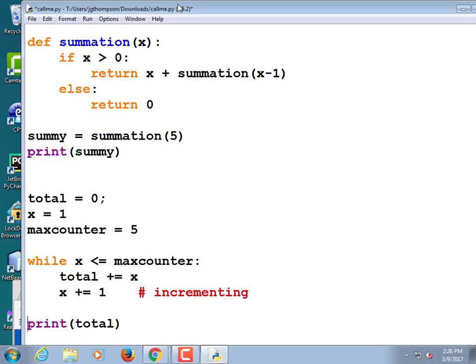Runs up here, passes 0 in as x. Is x greater than 0? Nope, finally. So we return 0. And then it starts trickling back. This 0 replaces that because it was returned. What's 1 plus 0? 1. All right. That return value replaces that. What's 2 plus 1? 3. So that return value replaces that call. Then 3 plus 3 is 6.